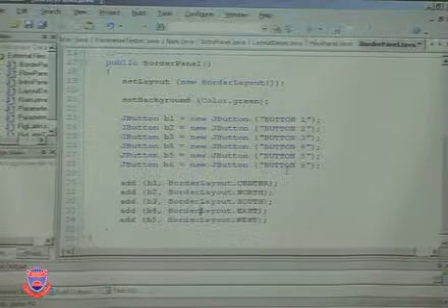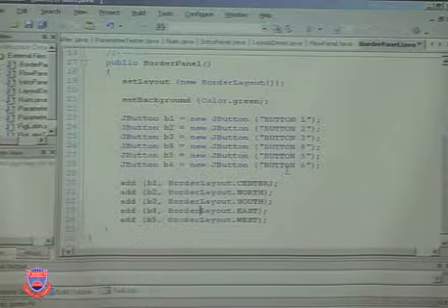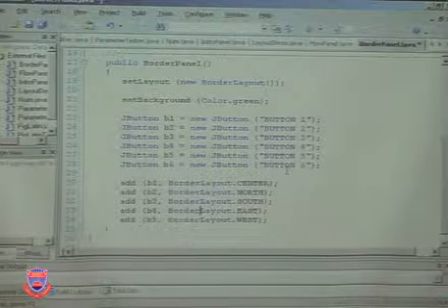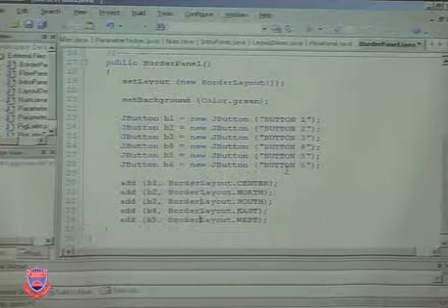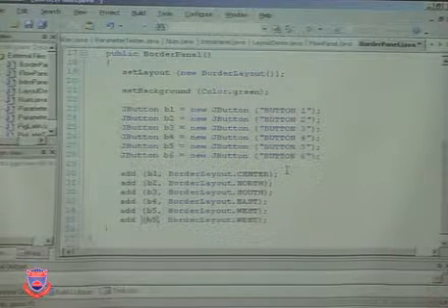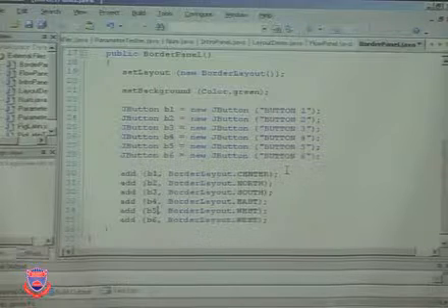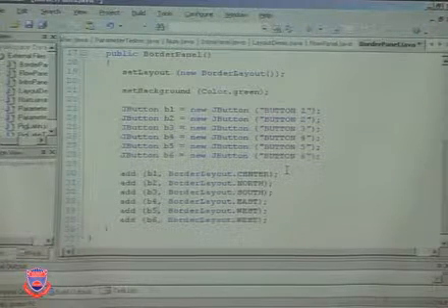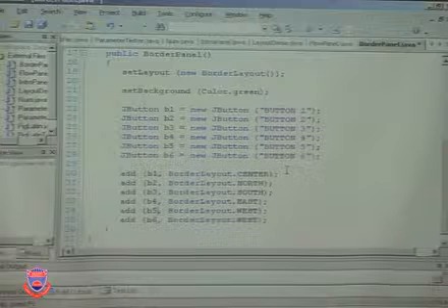Since only one component can be added. If I do it this way, add it here and say that add B6 onto west, obviously only button 6 will be shown. However, if I would like to show both of them at the same time,